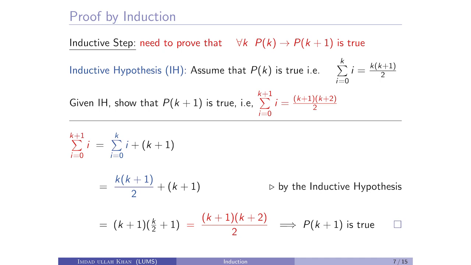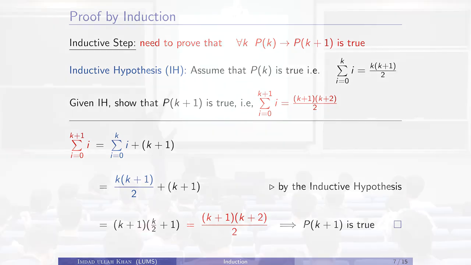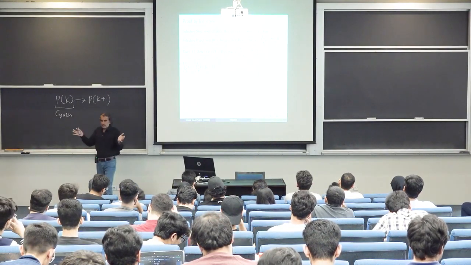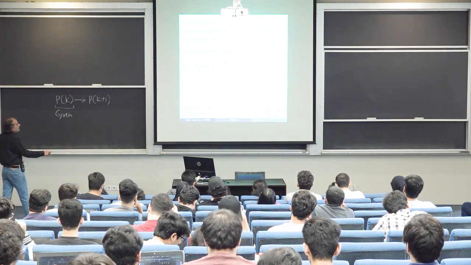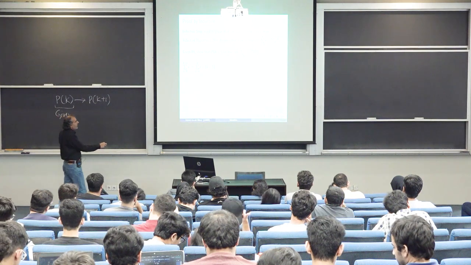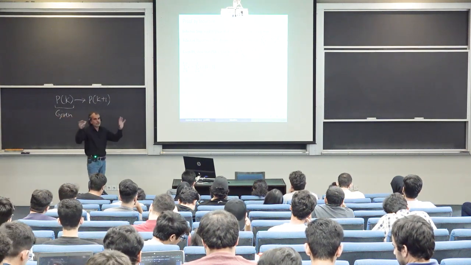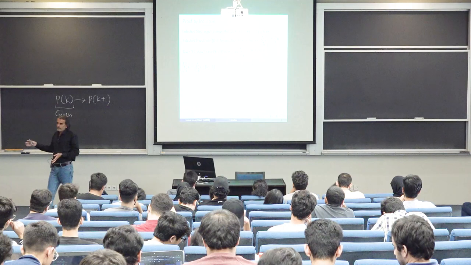So what we do is that we pick the left hand side of what we have to establish. i is running from 0 to k plus 1, so we do 2 things. We separate out the last term. When we separate out the last term, we are left with the loop running from 0 to k, and then we add the last term explicitly into that summation outside the loop, right.